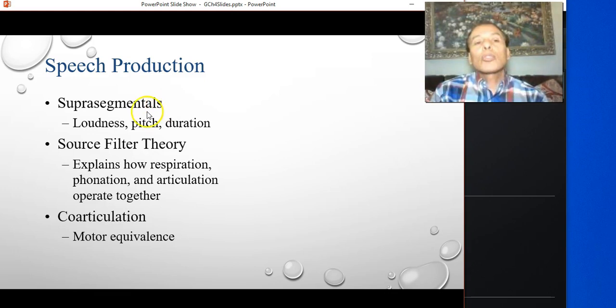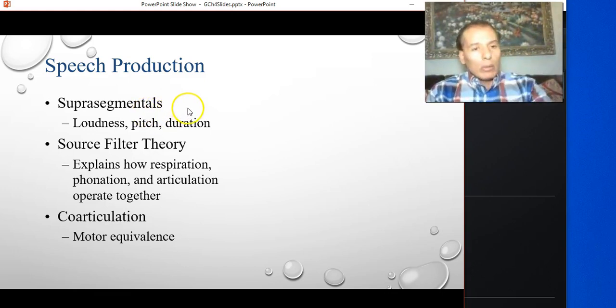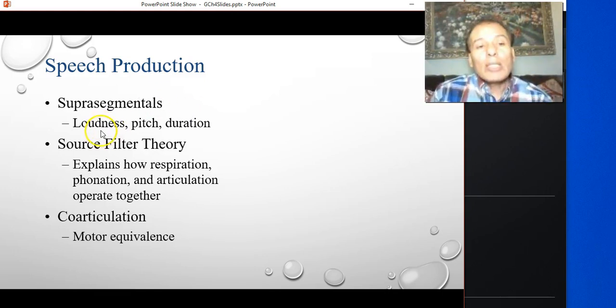In speech production, we also study suprasegmental aspects or features. We study speech loudness, pitch, duration, like how long the speech, the words and the sentences take, and so on. And then we look to understand the way that we phonate, and how that buzz becomes speech. Basically, there's a theory called the source filter theory that explains how this whole process, how phonation is connected